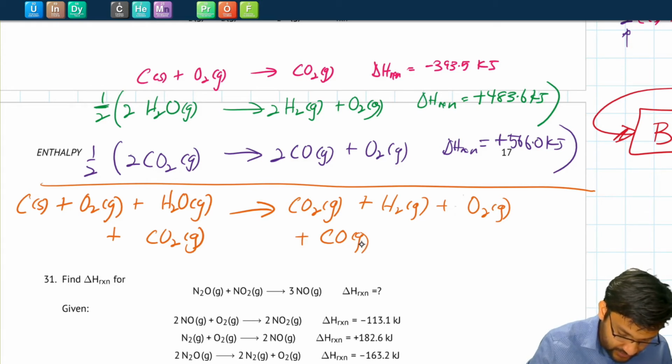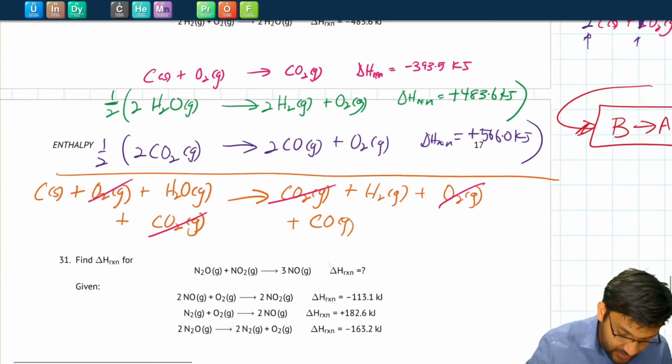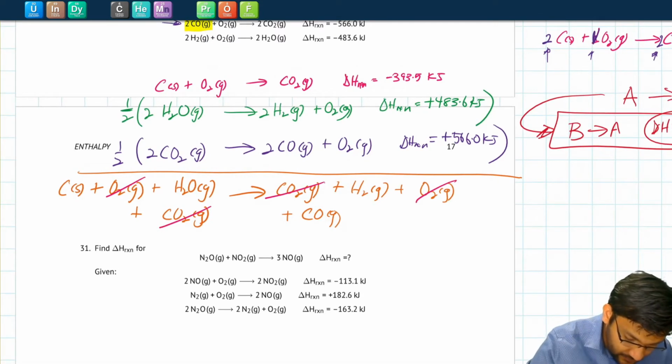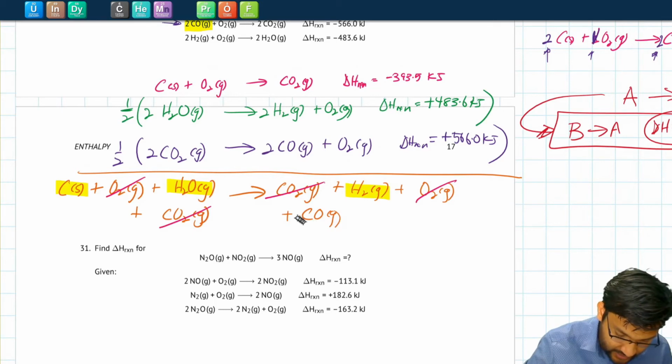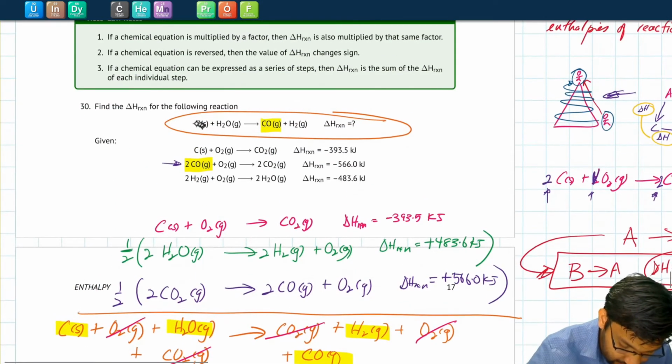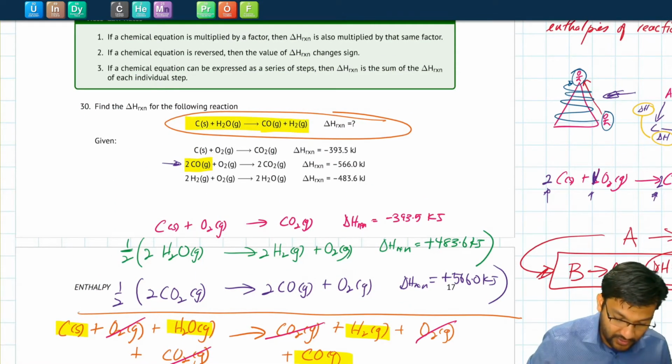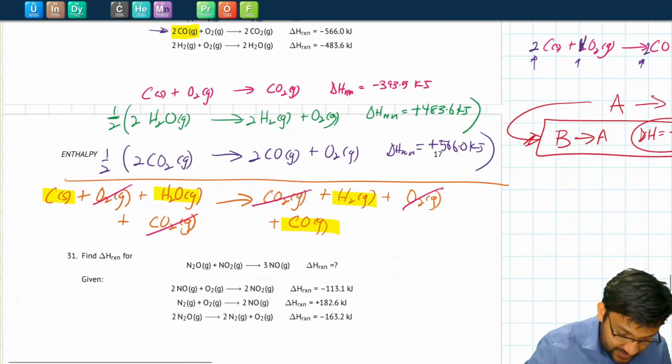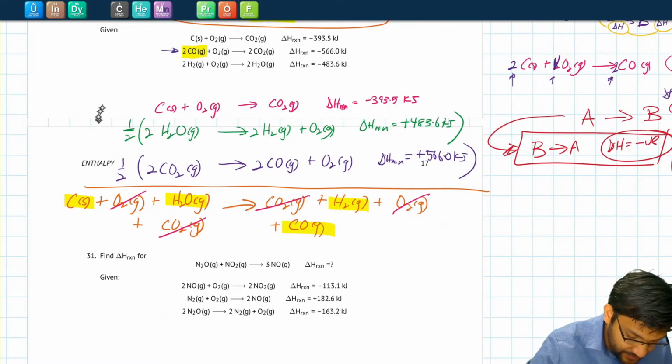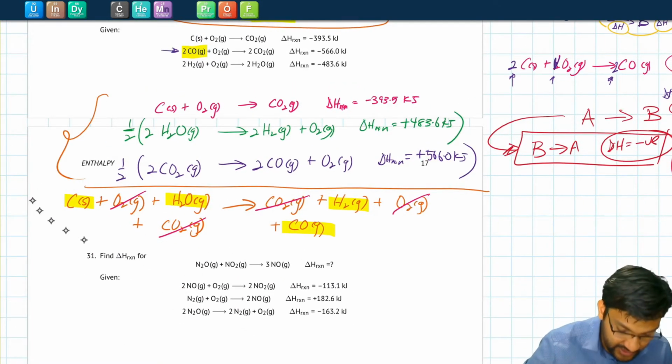Okay, we see that certain things are the same on both sides of the equation. For example, here we have an oxygen gas molecule, and here, so that can cancel out. And here we have a CO2, and here we have CO2, so that cancels out. So what we're left with is carbon plus water, going to give us hydrogen plus CO, which is exactly the equation that we were looking for. So that means that adding up these various steps would work to give us the equation that we're interested in,